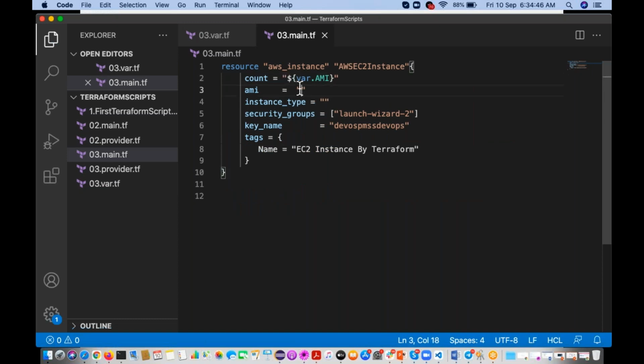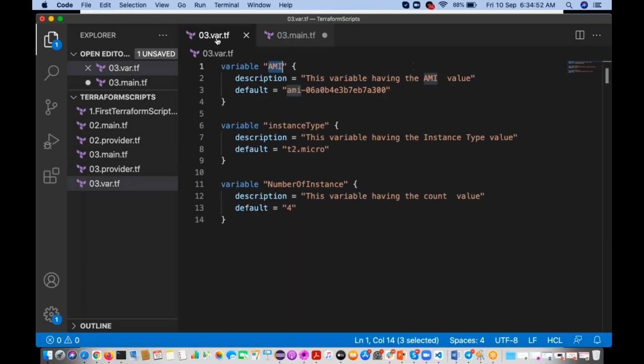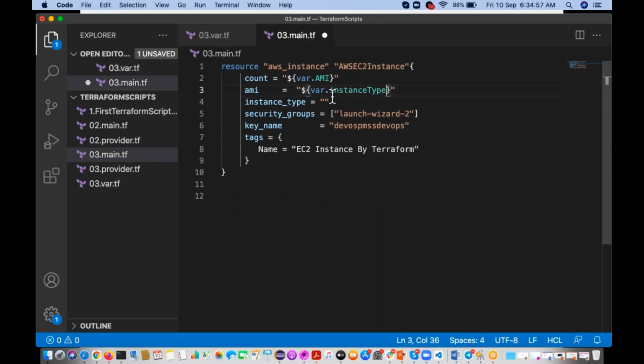Same way, dollar symbol within the curly brackets, so for instance type, whatever you have given here, you have to keep exactly like this. So this is the ami, right? For count, what is the variable name we have given?